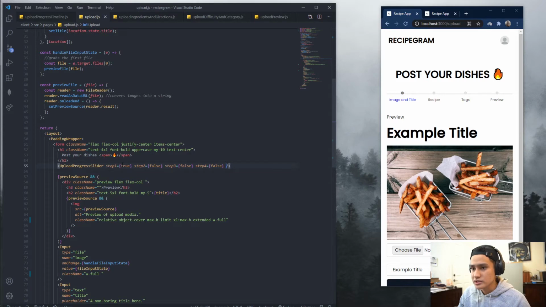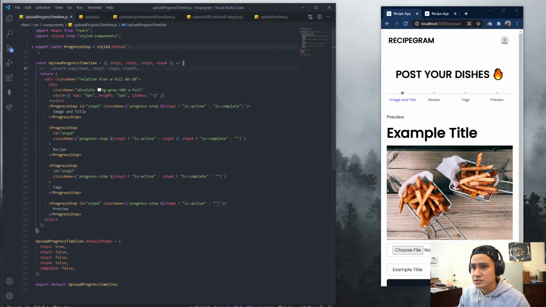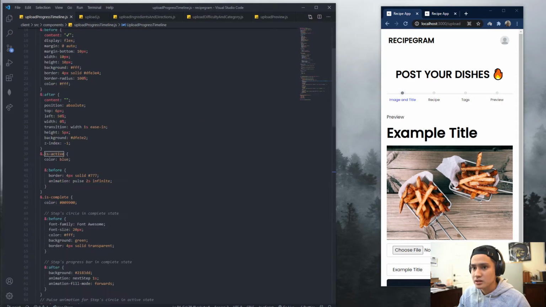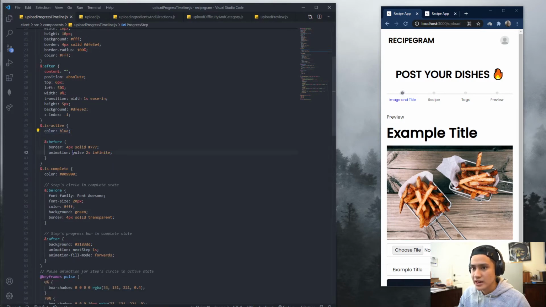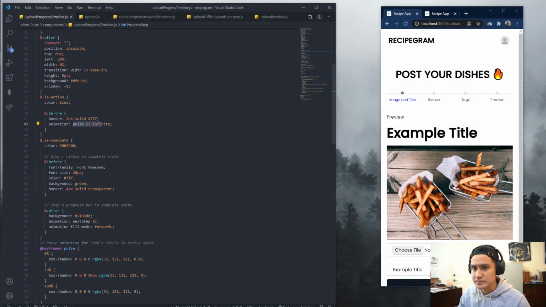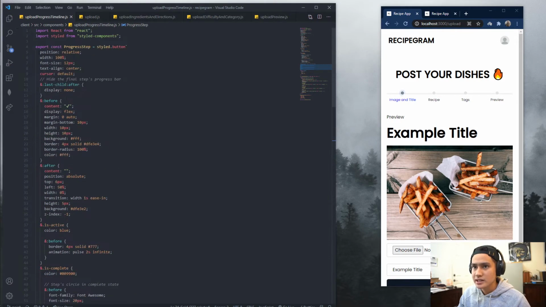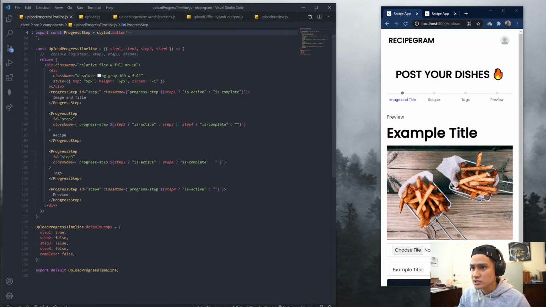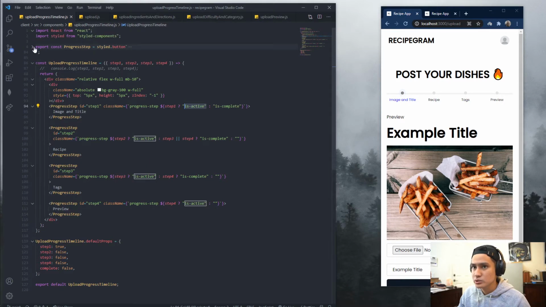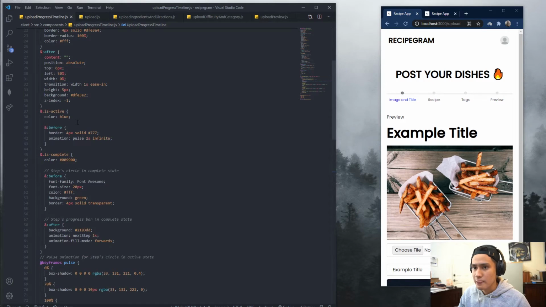So we make sure step 1 is true and everything else is false. What step 1 being true means is that we'll set it to is active, and here on our things, the color becomes blue, with some animation with the pulse, which is right here, some keyframes. The styling is not important, but what it essentially does is transform the class name so we could use the classes that I indicated here. And if it's completed, it'll turn into a color of green,